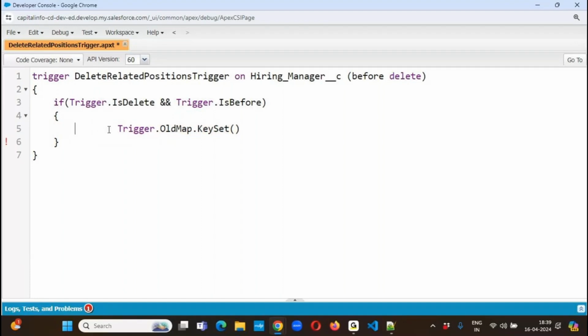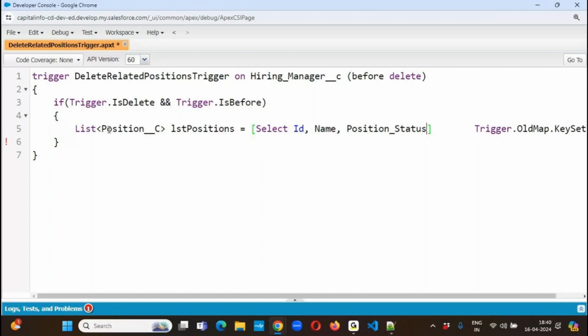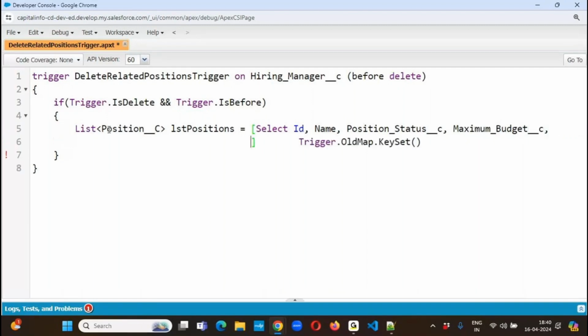So, in that case, List of Position, lstPositions equals to select the ID of the position, name of the position, now the position status, now maximum budget, from Position object,